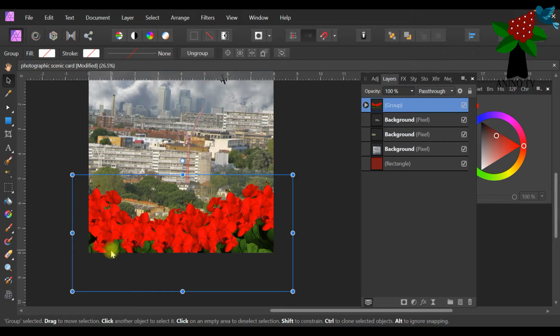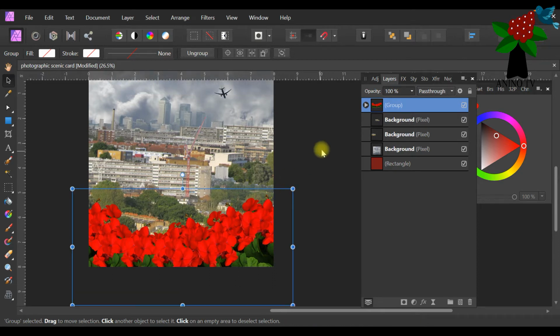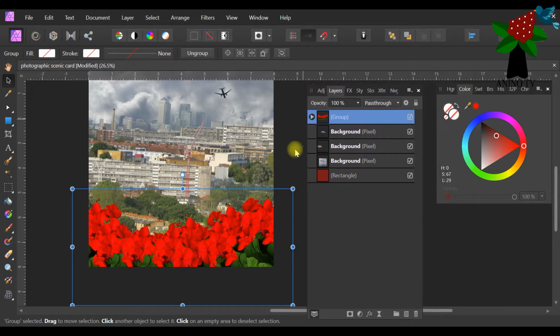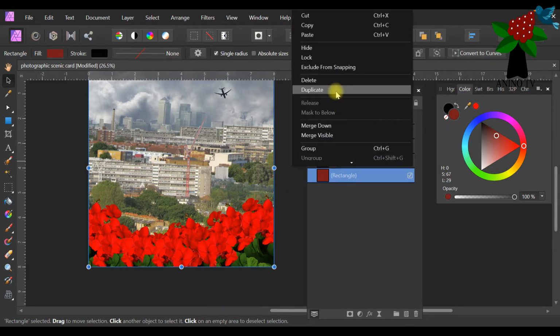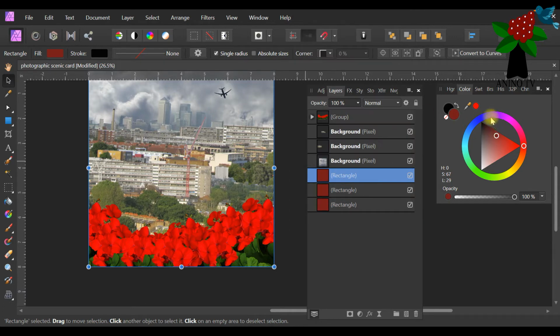Sometimes you might have a block edge because of how we tube the image, and you may want to omit that by bringing a flower to the top. You are free to do that. Now this rectangle here, this red rectangle, I'm going to duplicate it. I'll duplicate it about 3 times. I'll fill it with different colors, so that